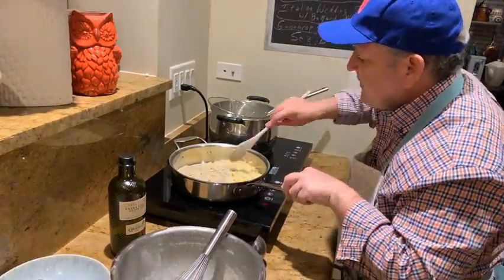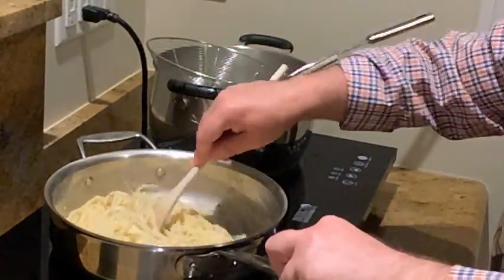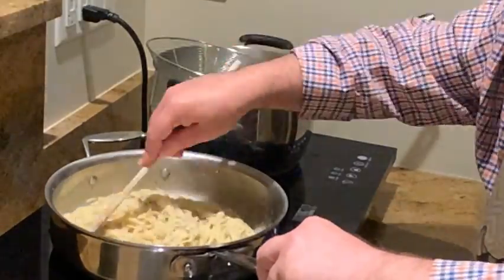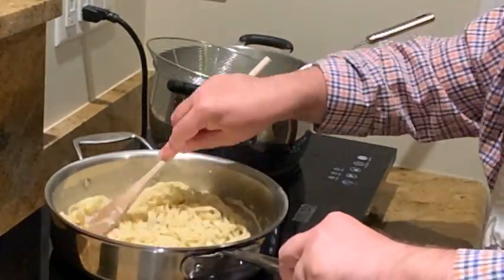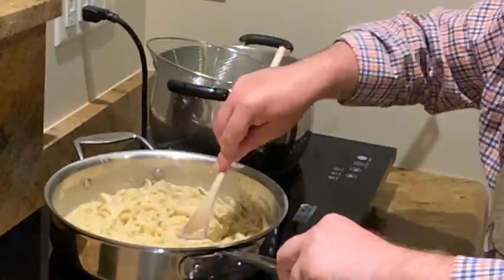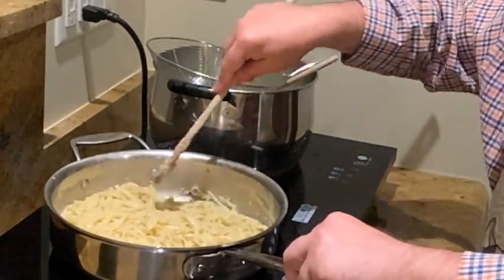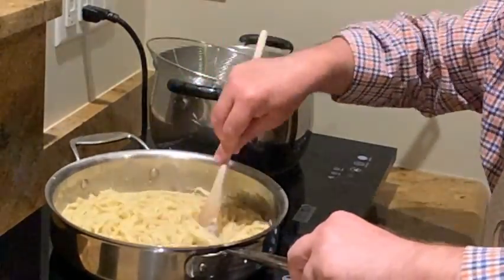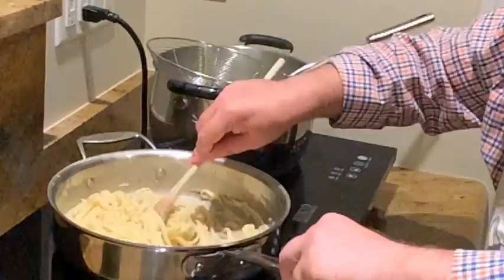Okay. And I'm going to stir over the heat in my saute pan my fresh pasta together with my Cacio e Pepe mixture that I stirred into a consistency like cream. And now what I'm trying to do is to get the Cacio e Pepe, the cheese and the pepper, evenly distributed over all of my noodles. You want to keep stirring to make sure that you don't have any clumps. Sometimes, of course, cheese can form little clumps, and you want to try to get the sauce evenly distributed over